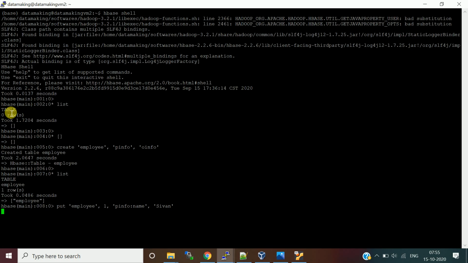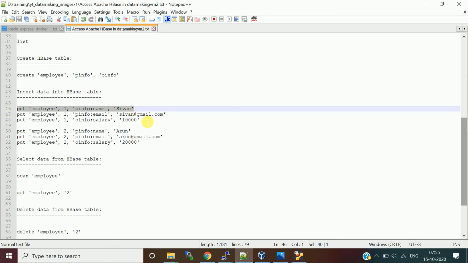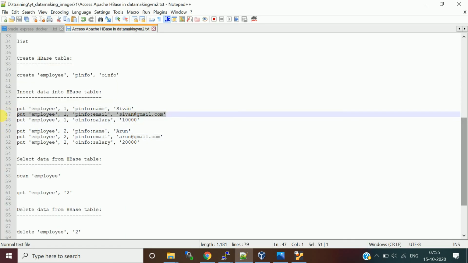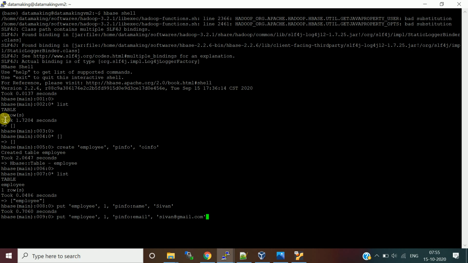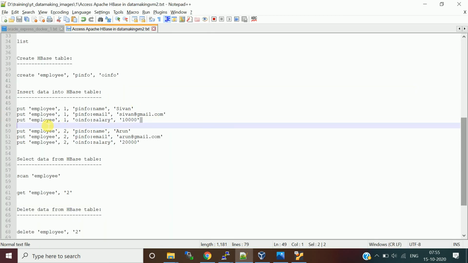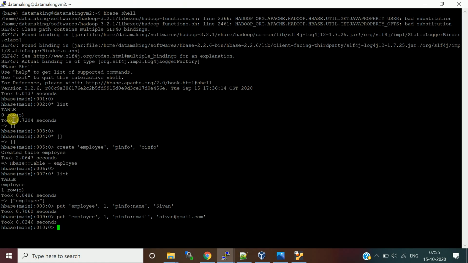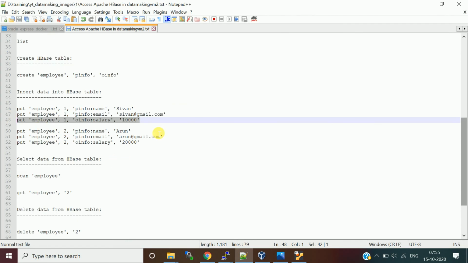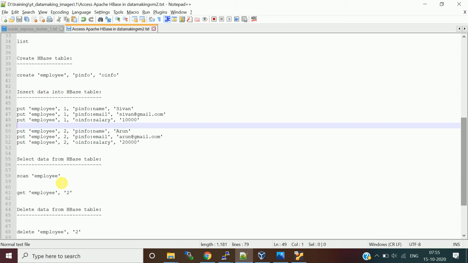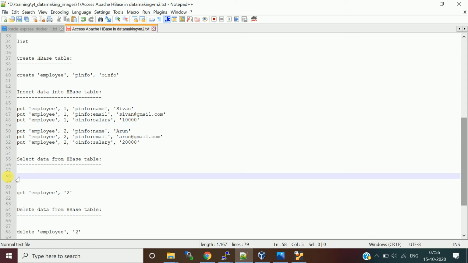So we inserted just one column value for one row. For employee ID 1, email is inserted, and this is for salary. Similarly, let me select the data.